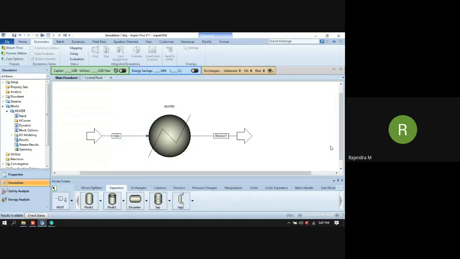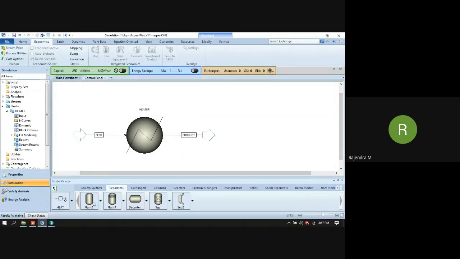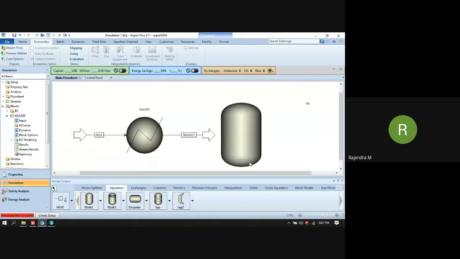So for simplicity, I will just do this simulation. I will take the flash separator. Now this flash separator will have two outlet streams, a vapor stream as well as a liquid stream.